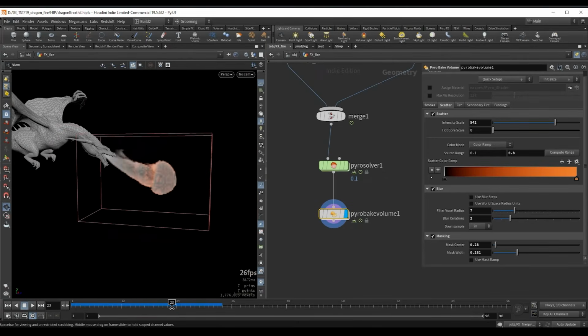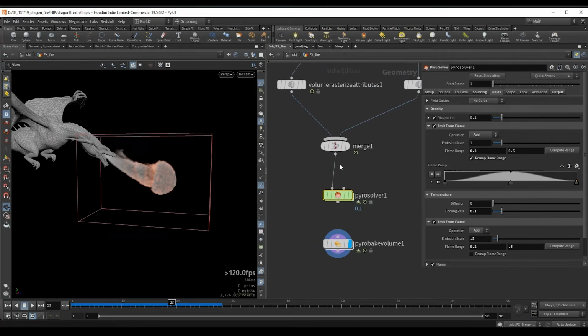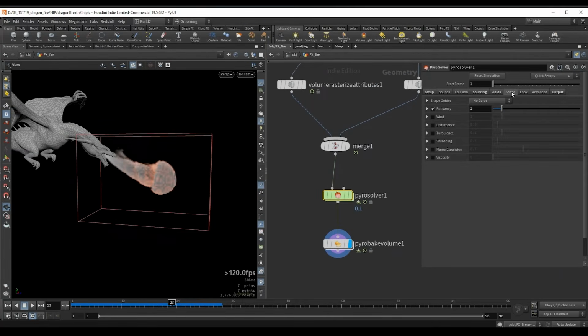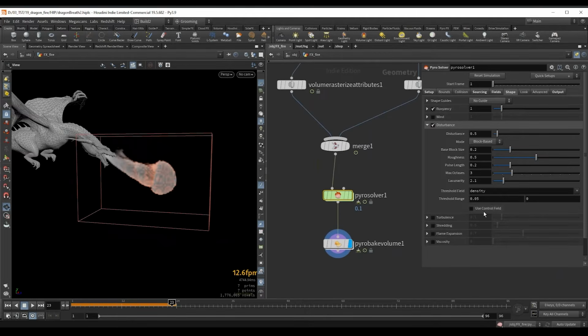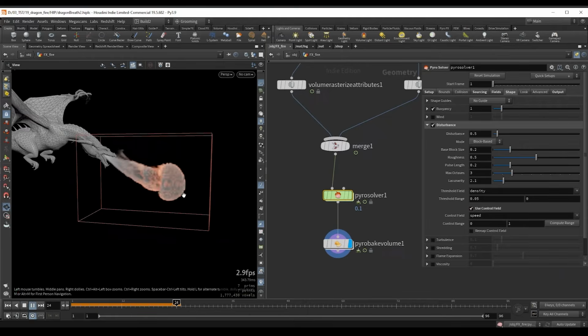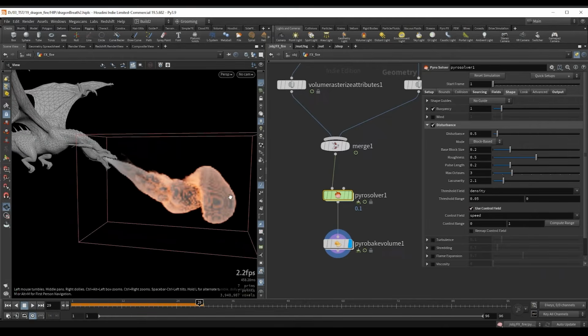So the first thing is going to be to add disturbance to this. So let's go to the shape tab. Let's turn off disturbance, and we will map this to our speed. So I will turn on the use control field. And if we simulate a few frames and hit compute range, we can see that we get really high values. Now, we don't really want to use this as our upper threshold for the disturbance. We will set this to a rather low value, so we can use something like maybe a value of 3.